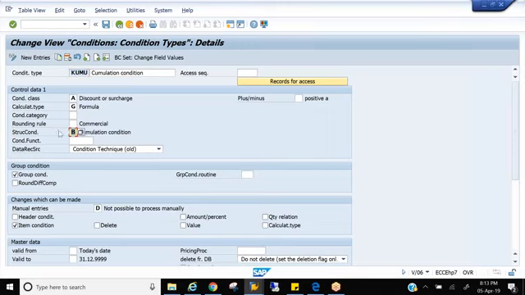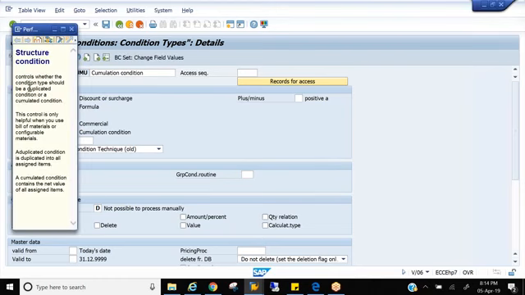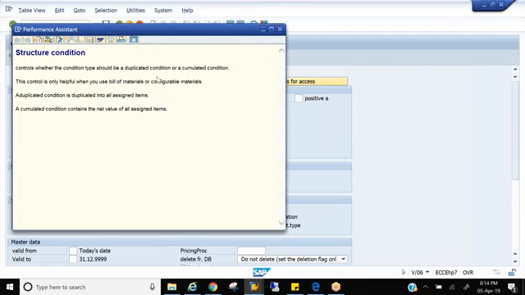A structure condition type will help us to cumulate the component values and display them at the header level. It controls whether the condition type should be a duplicated condition or a cumulative condition. Where do we generally use it? In BOM scenarios, bill of materials, right? So that you can cumulate the item prices and show them at the header level, right?